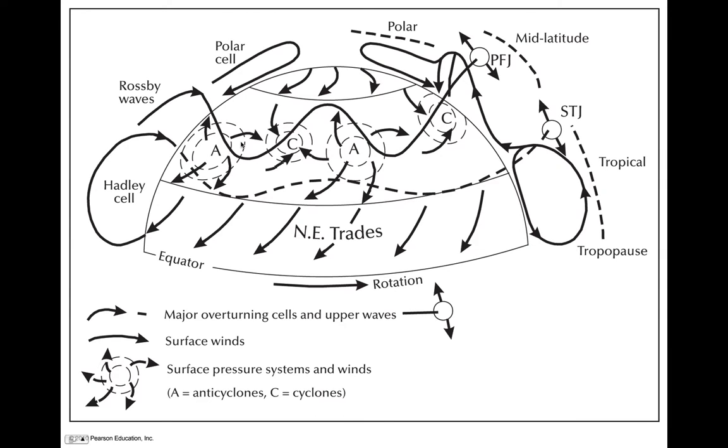So this is an area, although dynamically a little bit messy, pretty efficient at moving heat and moisture, again, poleward. Up here in the polar cell, again, we have another thermally direct circulation where air is sinking at the pole, heads south everywhere, gets turned to its right, so you get weak easterlies, and then a return flow as it comes up over that polar front and returns aloft.